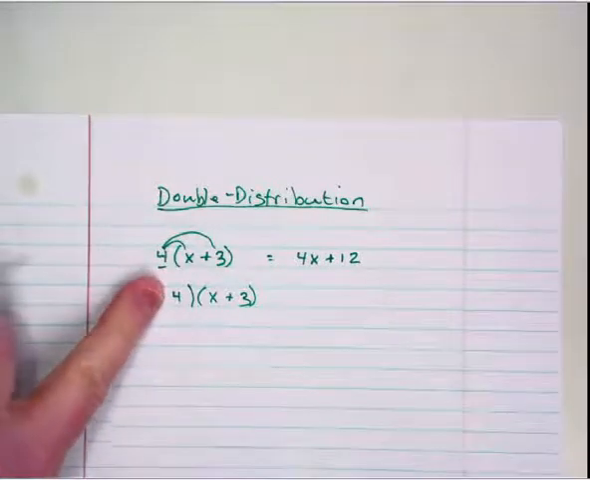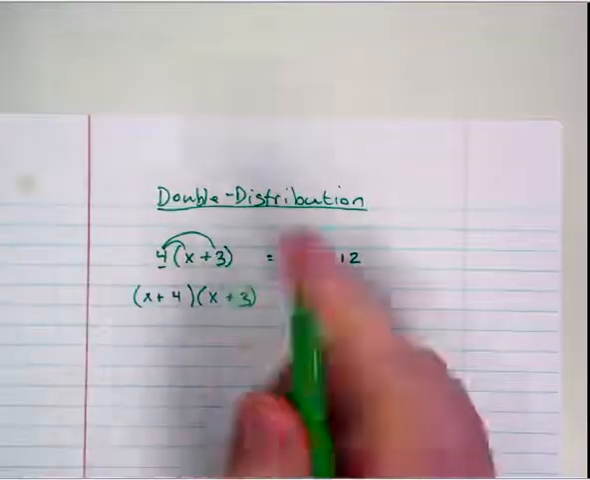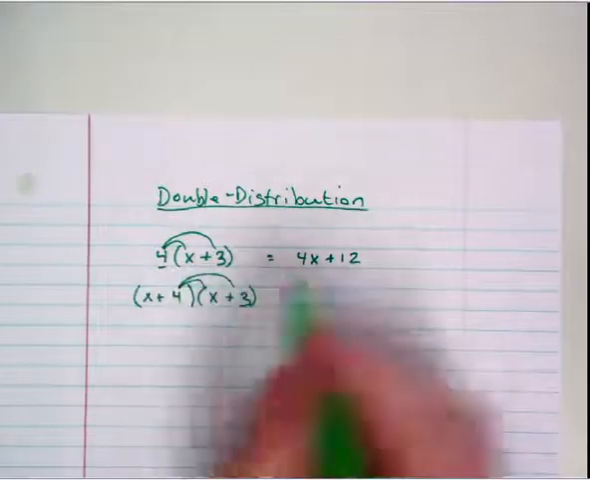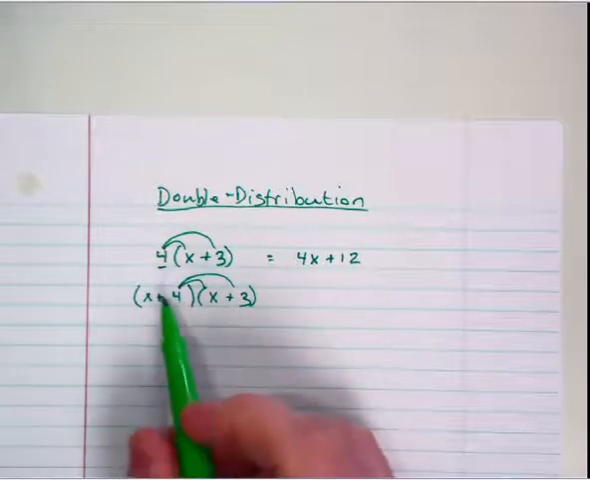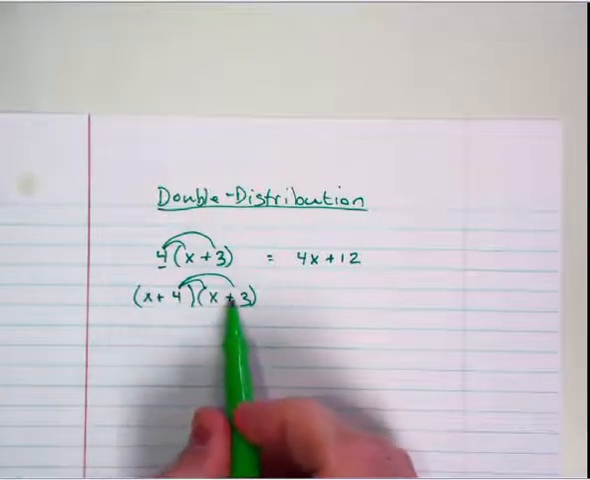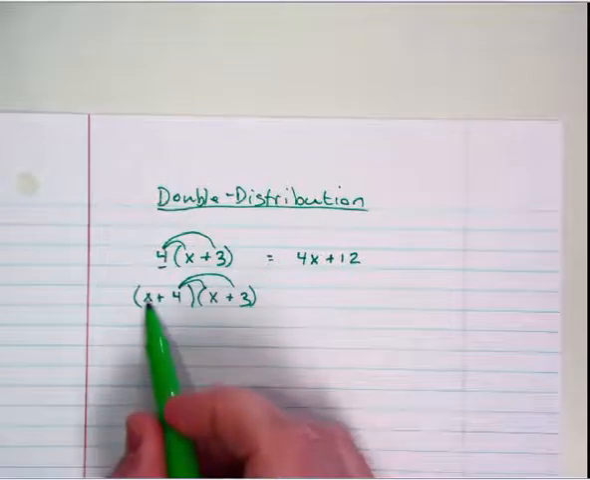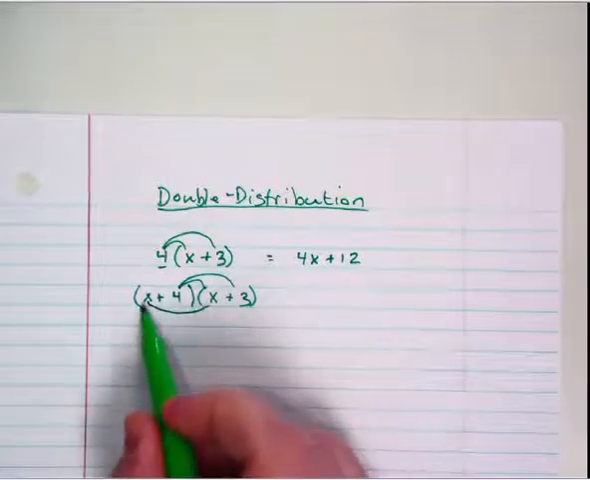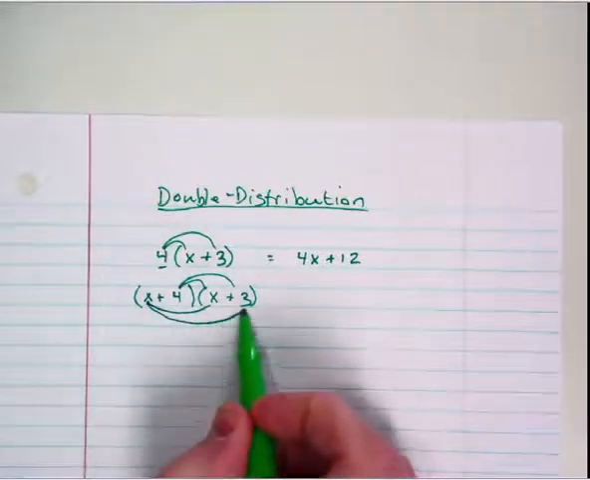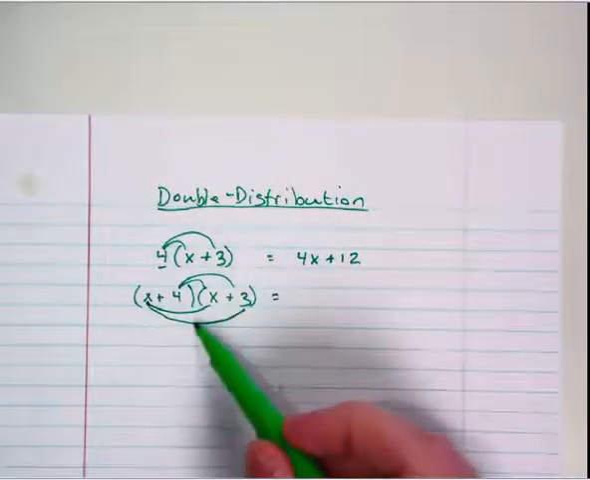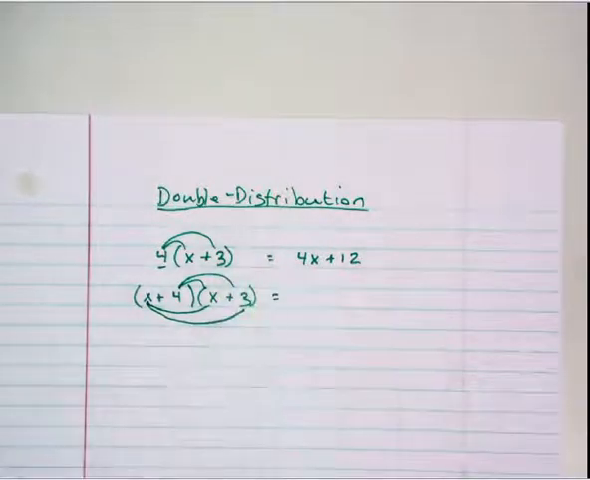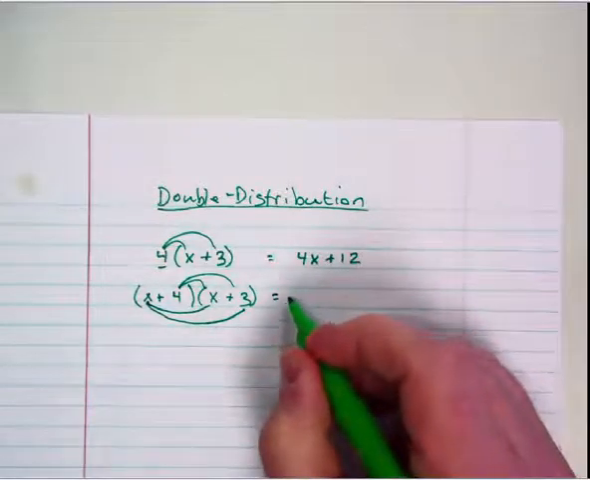Remember that if that was just a 4, you would simply distribute the 4 to both pieces, so that part would be 4x plus 12. But now what we also have to do is distribute this x to both pieces in the other binomial. So I'm going to do x times x, and I'm also going to do x times 3. So altogether, notice I have 4 rainbows that I've made,